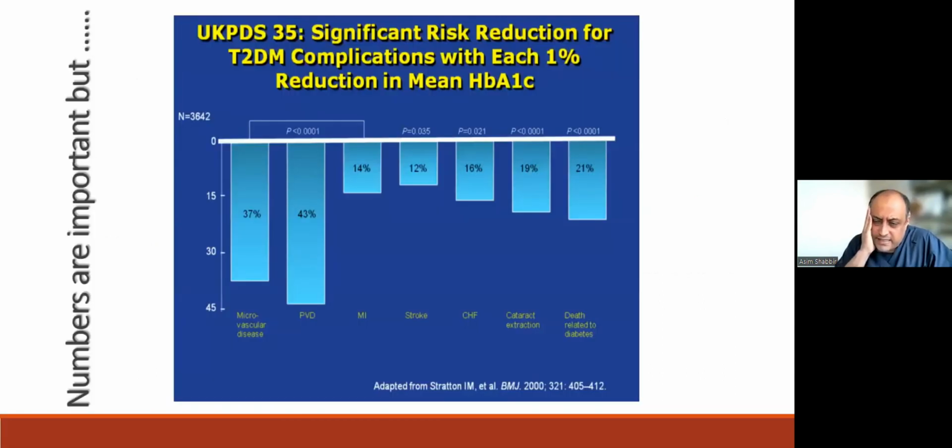This is the UKPDS data. It's relatively old, published in BMJ in 2000. If you improve the glycemic index by 1% of HbA1c, there is a 37% reduction in microvascular complication, 43% reduction in peripheral vascular disease, double-digit reduction in MI, stroke, heart failure, cataract, and 21% death reduction in patients with diabetes. So even 1% makes a huge difference, and to date, medical therapy fails to even achieve 1% outcome